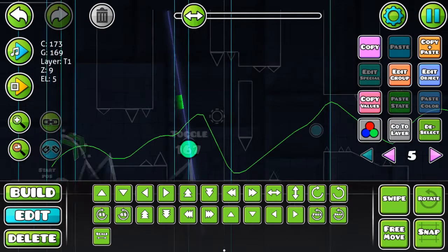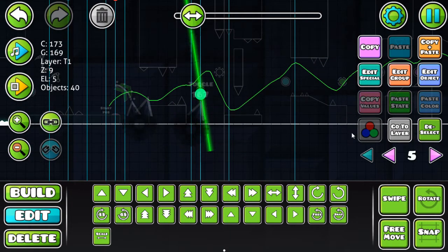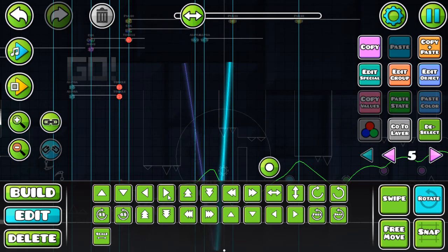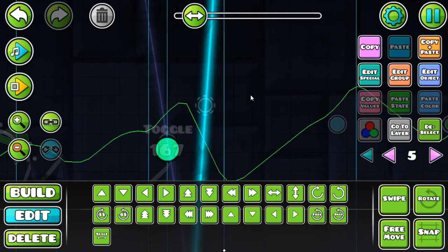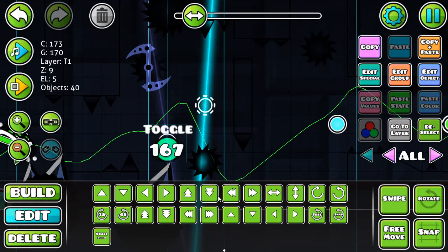What's this? Okay, so we're gonna get this again. Copy paste. Okay, so we're gonna put it on this black orb. Rotate it ever so slightly so it's the other way, so we're not copy pasting it constantly over and over again. Boop. Oh, 170. Why did you not use up all of your goddamn...